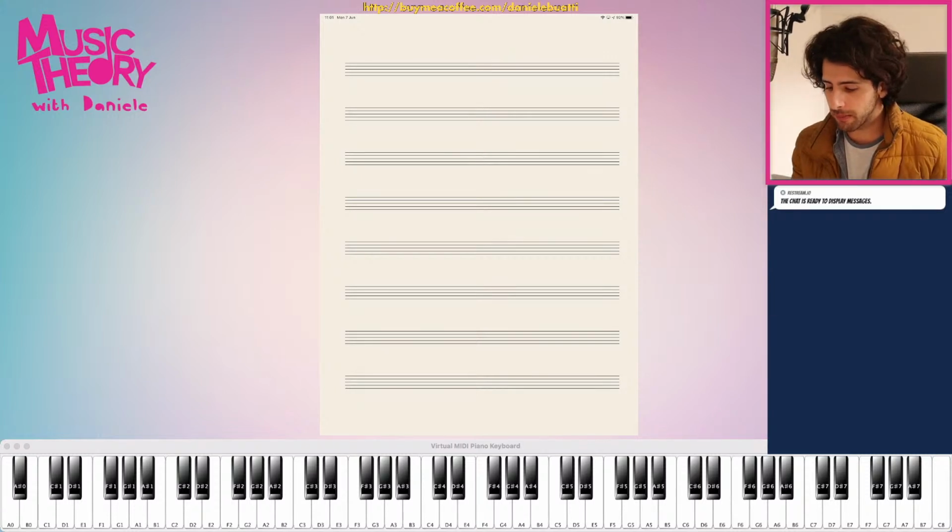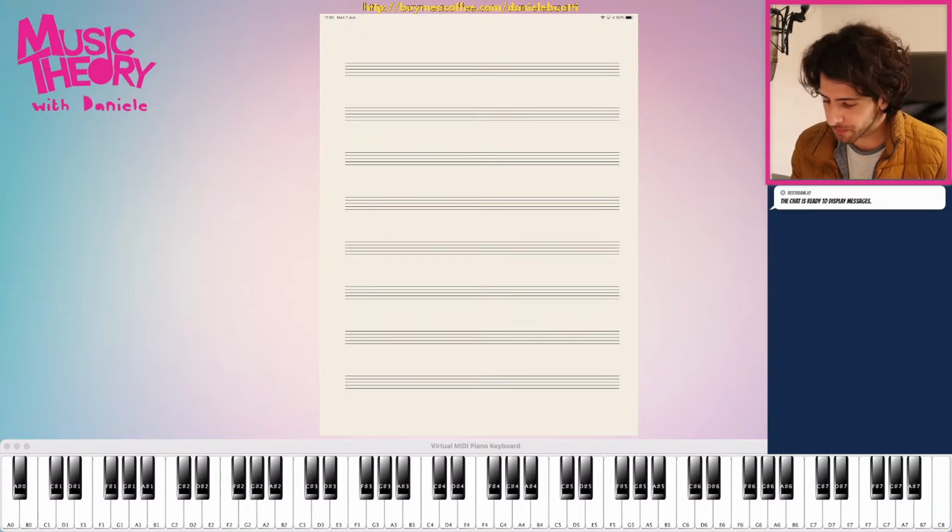So we're looking at manuscript paper. That's nothing special. Manuscript paper is where we put our notes. Each group of 5 lines is what we call a staff or a stave. The stave or the staff doesn't really mean anything unless you put a clef at the beginning, which is a symbol that denotes what the lines actually mean.